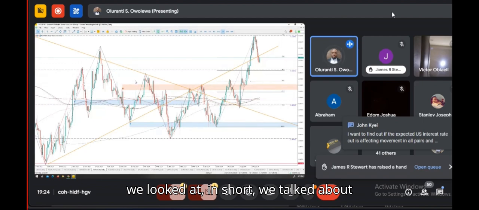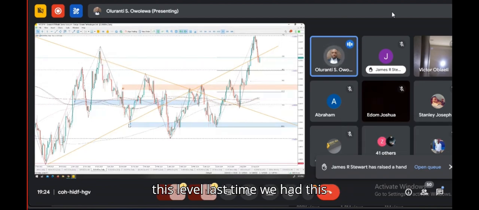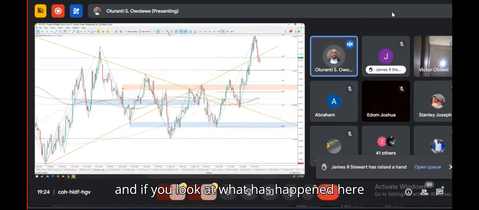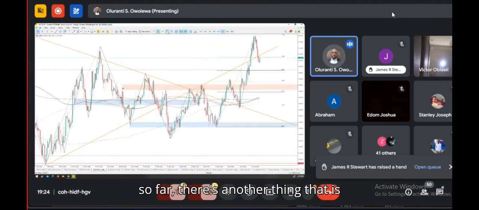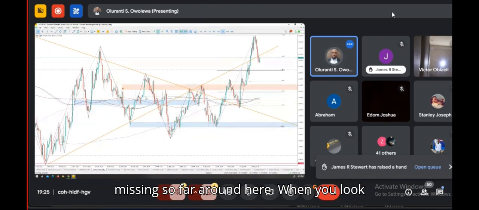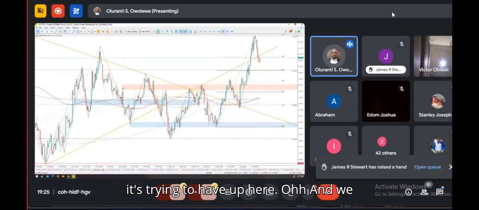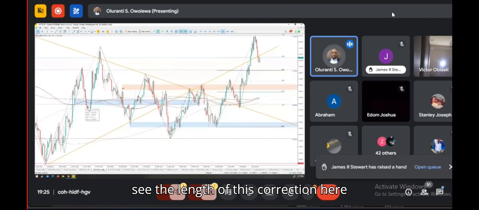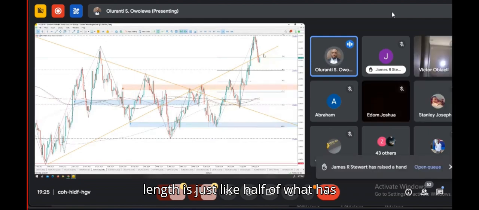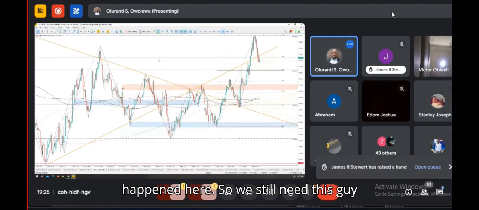Remember, we talked about this level last time we had this session. This guy replicating this handle around this level. And if you look at what has happened here so far, there's another thing that is missing around here. When you look at this handle, look at what took it up here. So this guy is actually missing here. This is the correction that is trying to carve out here. And we see the length of this correction before this handle happened. This length is just like half of what has happened here. So we still need this guy to